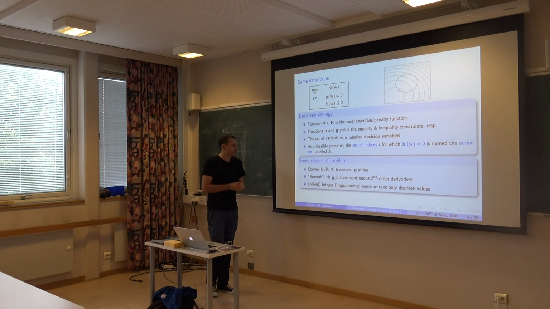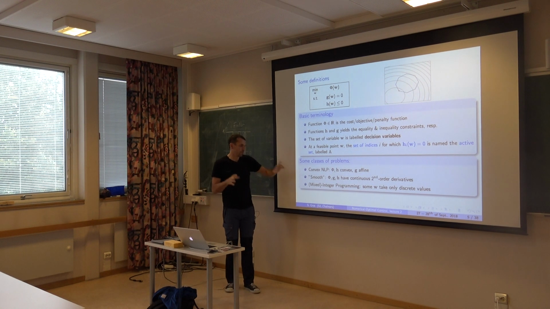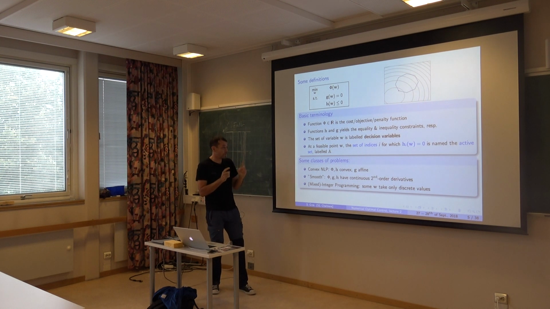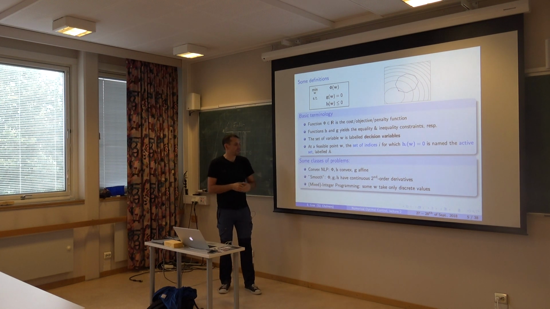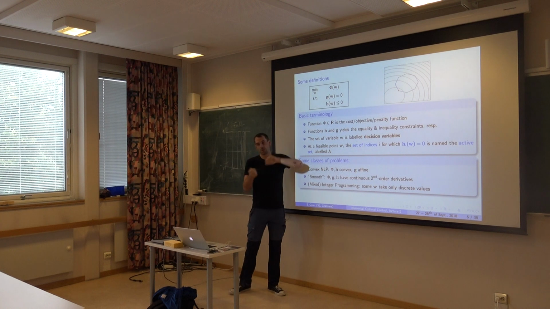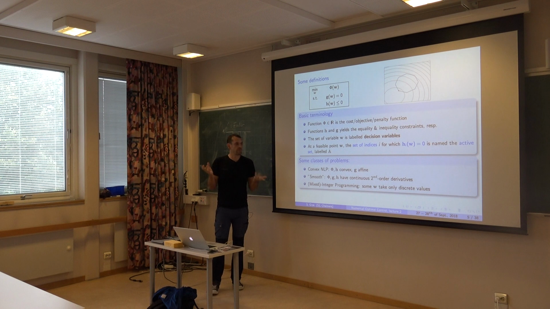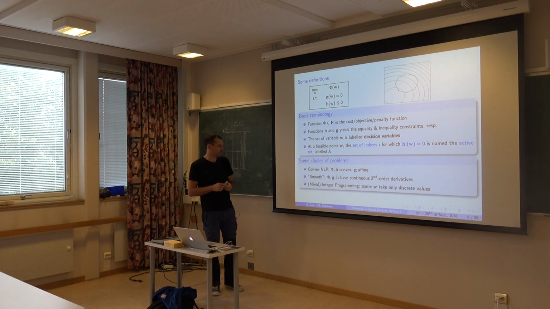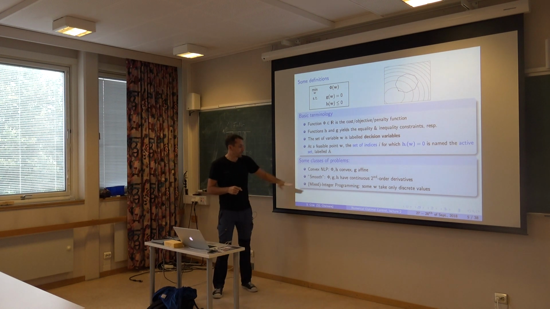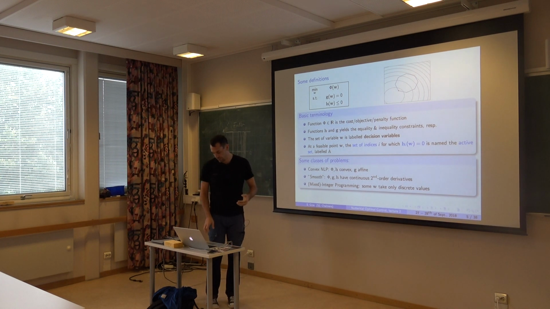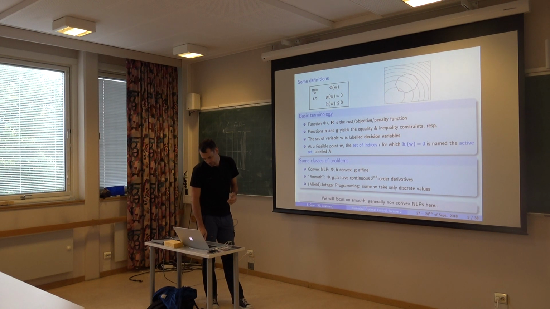Yeah, convex problem, we discussed that. I'll assume smooth, well, not necessarily smooth, but at least twice continuous, twice differentiable functions. And there is one subclass, the mixed integer problems, where some of the w's may take discrete values. You can think of gear shifting, for example. It's not an abstract problem. You have lots of mixed integer problems. But I'll not talk about that. It calls for another level of optimization when you have to deal with that.